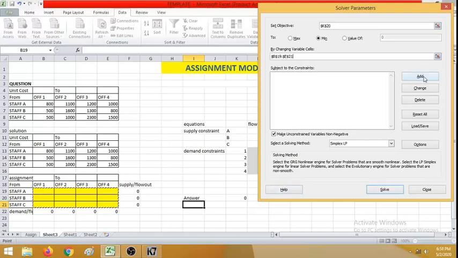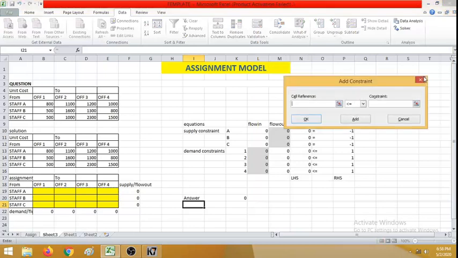Then I need to define the constraints, right? So there are 2 constraints, one is supply and another one is demand. Just click add. Okay, so first I will complete equal to, the supply constraint. So there are 3 equations for supply. So the symbol is equal to. Here I need to choose a symbol carefully. The constraints are the RHS for those three equations, right?